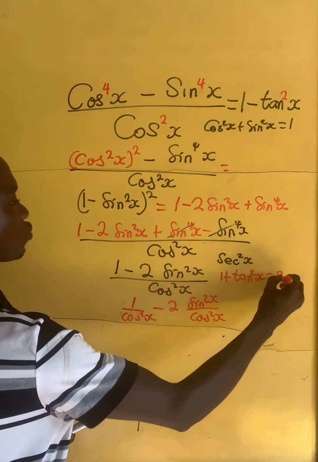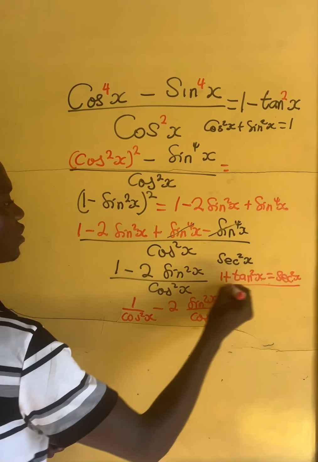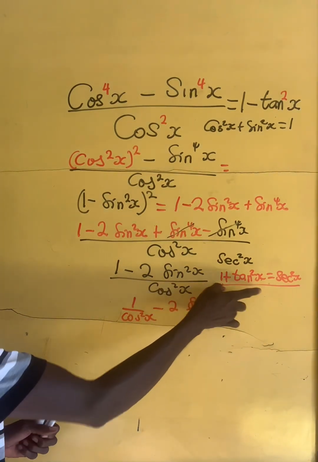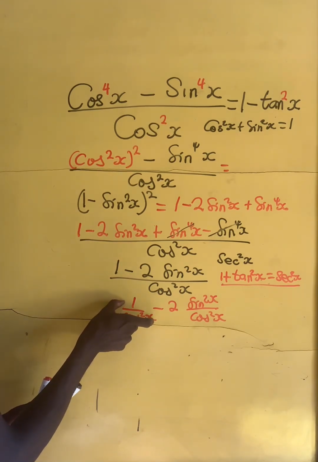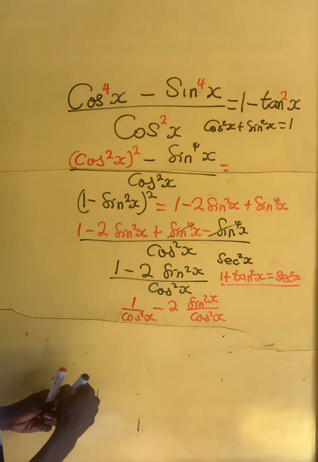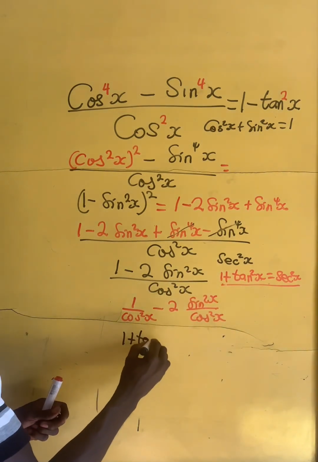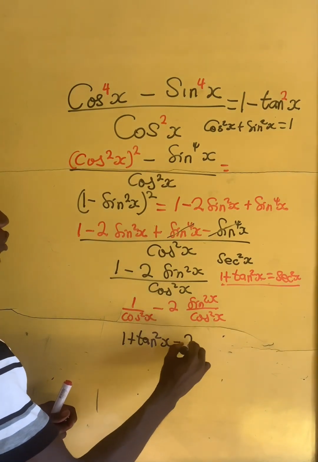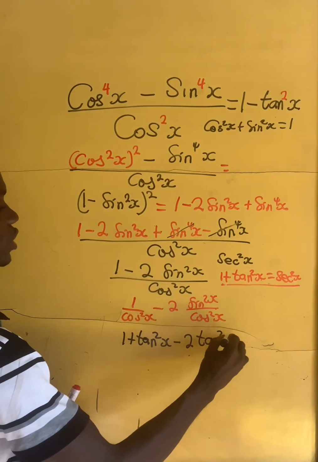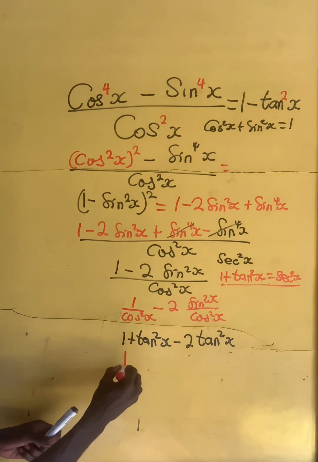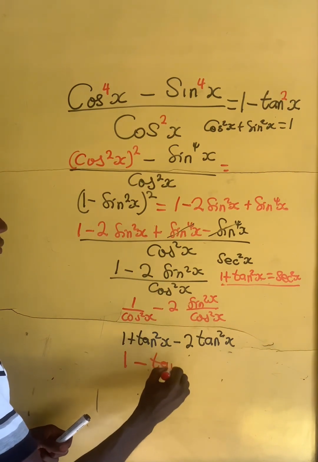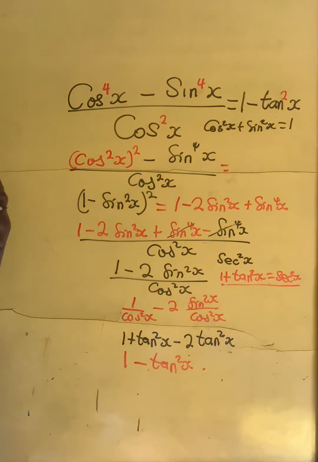tangent squared of x is equal to secant squared of x, from the basic trigonometric identity or from the Pythagorean trig identity. So in place of this, that is 1 divided by cosine squared x, which is equal to secant squared of x, which is equal to this, we write 1 plus tangent squared of x, minus 2 times sine squared of x divided by cosine squared of x, which gives us tangent squared of x. And this gives us 1 plus tangent squared of x minus 2 tangent squared of x, which gives us negative tangent squared of x. Hence, proved